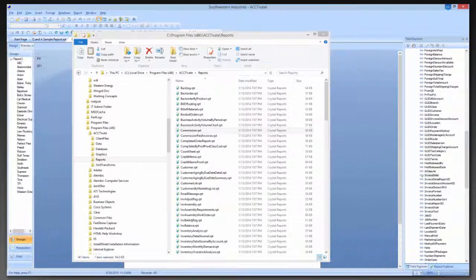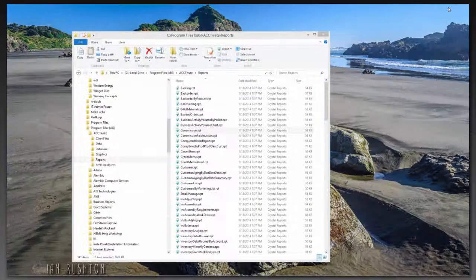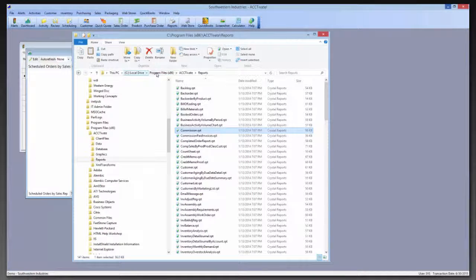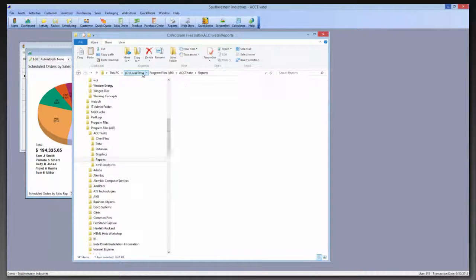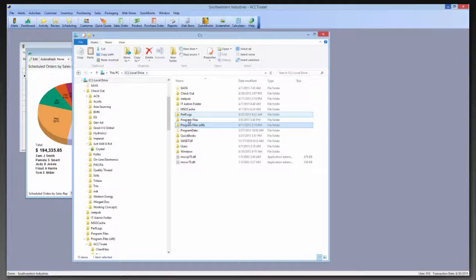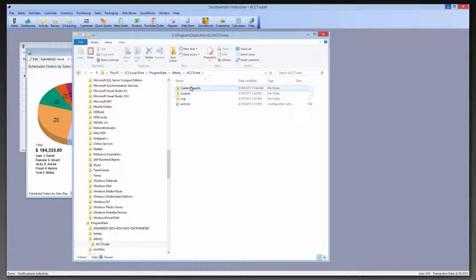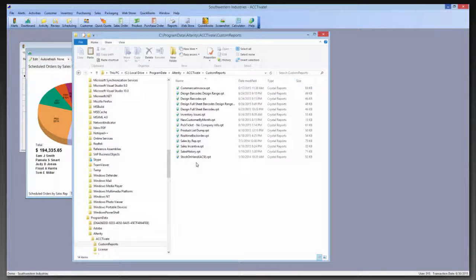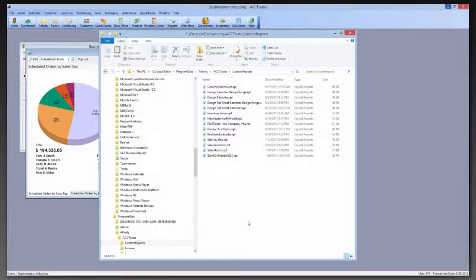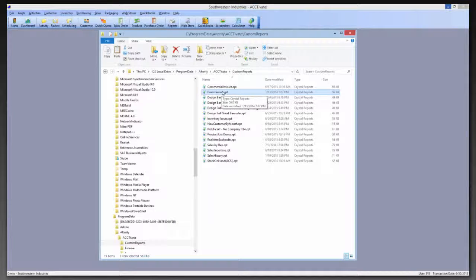What I want to jump in and show you is where it's putting those custom reports. If we go back outside, back to the C drive of the server, I'll show you one other way to get there. Under program data, which is a hidden folder, there's an Alterity folder, Acctivate, custom reports. Here's where your custom reports live. You can drop a report directly in here, so that commissions report, I can drop that in here, and now